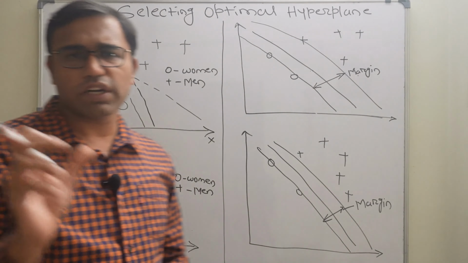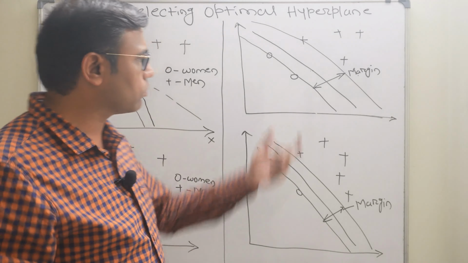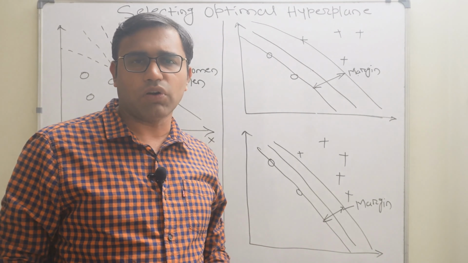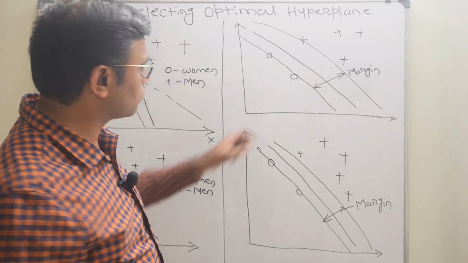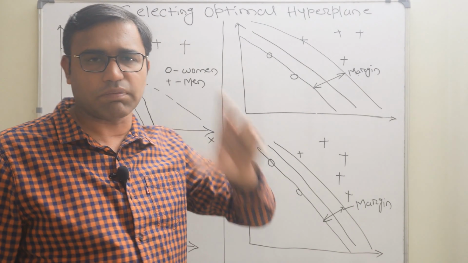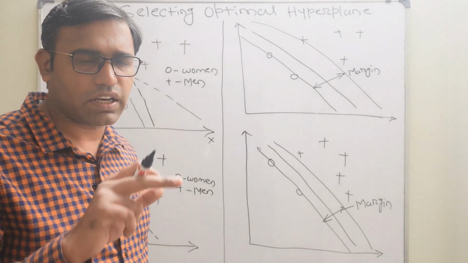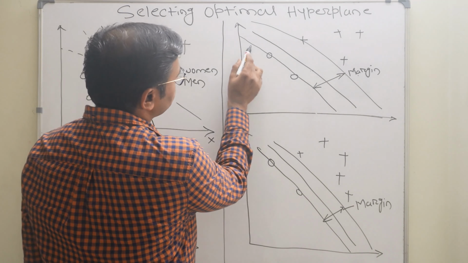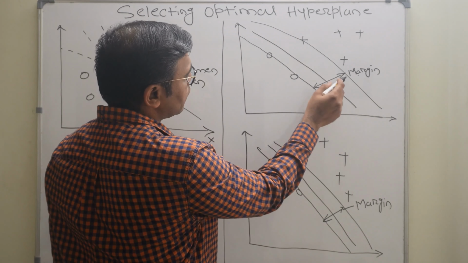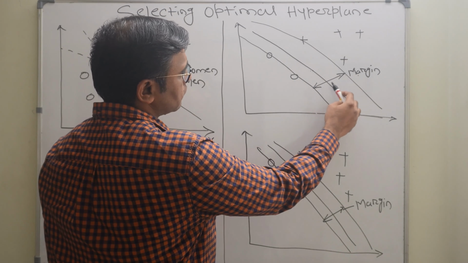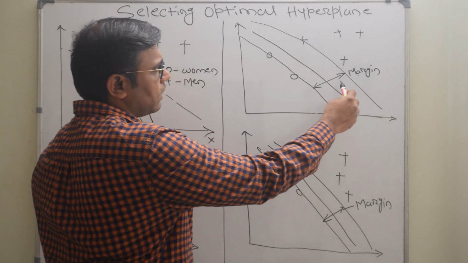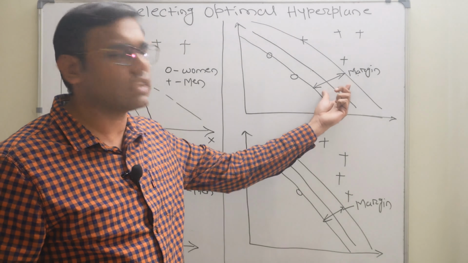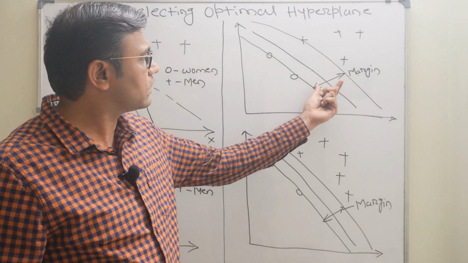So whenever you get the maximum margin, we have to draw all the possibilities. There are multiple hyperplanes, so we have to draw the boundaries to the hyperplane, and we have to calculate the margin. Again I will repeat how to calculate the margin. We have to draw this line near to the data points, and then we have to calculate the distance. So this distance is called the margin. And if we get the maximum margin, the maximum distance, then we can say that this is the